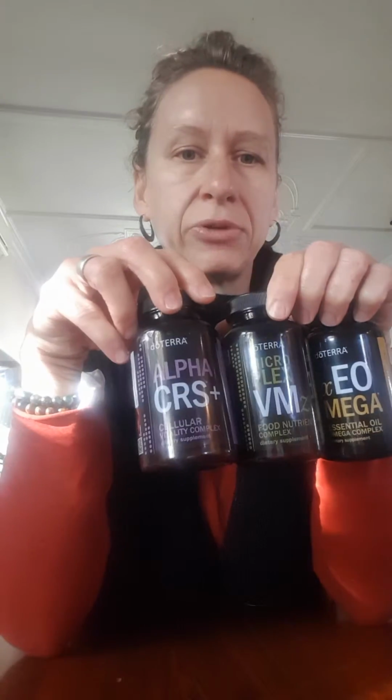So another regime I have every morning and evening is my supplements. So I have got one of those granny boxes. Blue is night, light is morning, and I prepare this every week. So I have got them ready to go in the morning and in the evening, and I just have to swallow. So the supplements that doTERRA has that are available in the New Zealand warehouse is a Lifelong Vitality, and